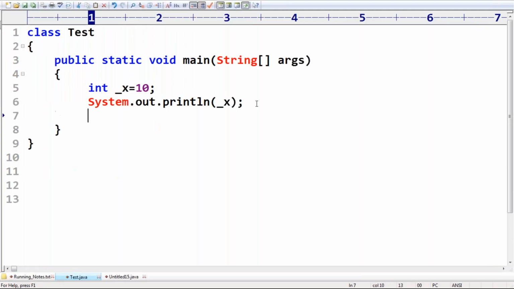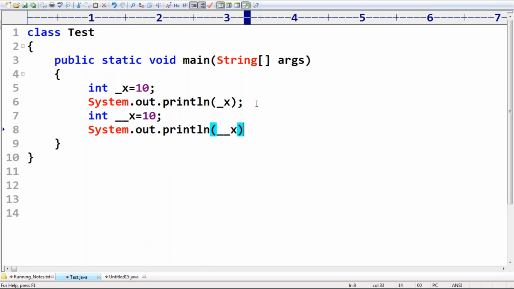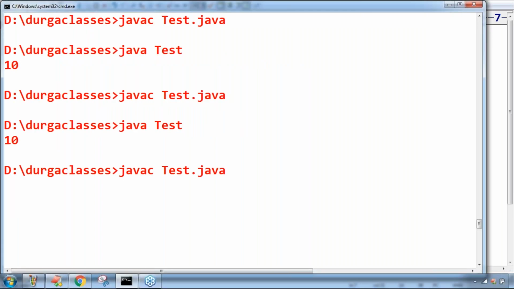Next, int _x is equal to 10, System.out.println of _x. Assume this is the value 10. Please observe, it is nowhere related to where, but anyway, you should have this knowledge also. Please confirm what answer we are going to get.